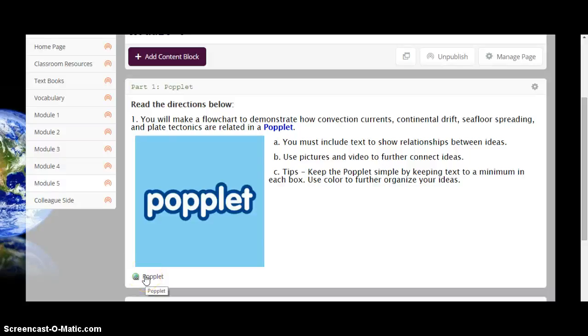Hello, for today's activity, you will be making a Poplet, which is an interactive flowchart or mind mapping tool to demonstrate how convection currents, continental drift, seafloor spreading, and plate tectonics are related. Now, this is going to be a pretty extensive presentation because it will integrate many of the ideas about plate tectonics that we talked about throughout this unit, as well as add in some of the content from the previous unit with convection currents, continental drift, seafloor spreading, which in fact are all elements of plate